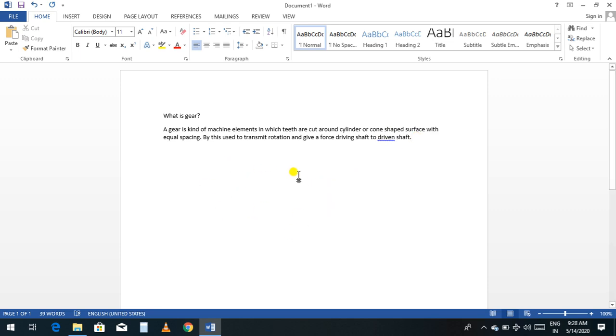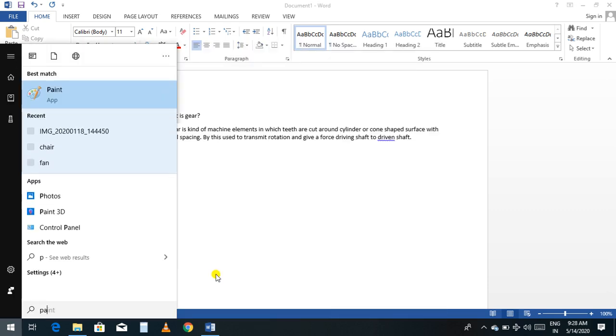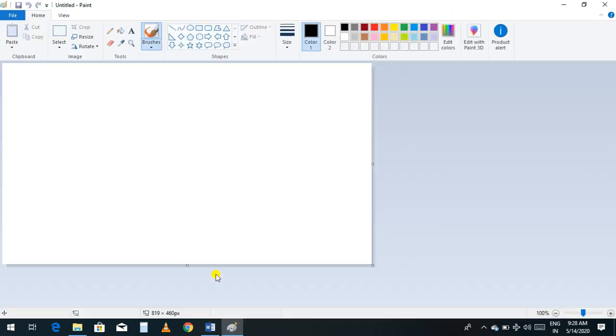Generally, a gear looks like this; I'll go through a sketch drawing. First, it will look cylindrical, and outside the circle the teeth will be like this.